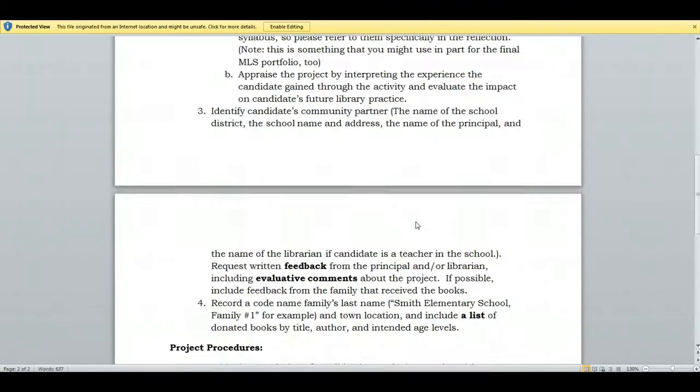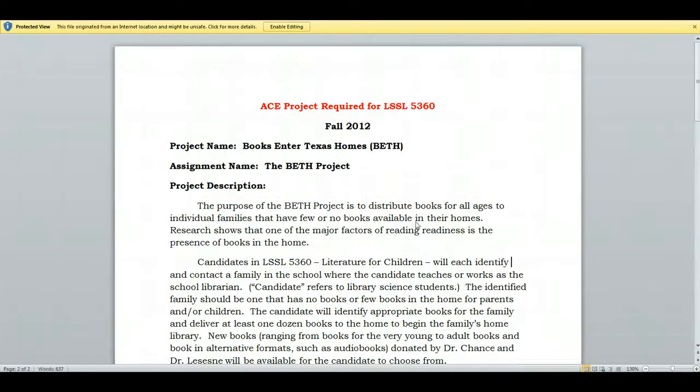One of the things you need to bear in mind is that in order to participate in Project Beth, you will have to visit one of our Project Beth library caches. We've got one here in the department. We've got one over in the Newton Gresham Library as well. Right now, those are the only two that we have. And the reason for that is for each family that you identify and for each child within that family, you're going to select